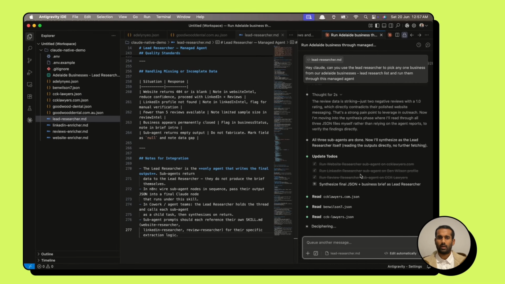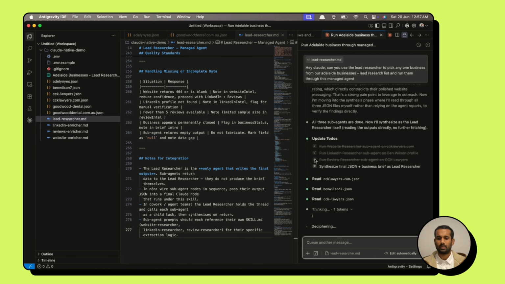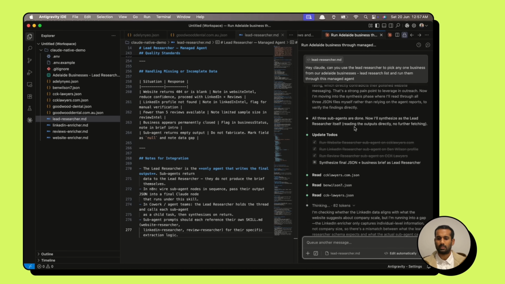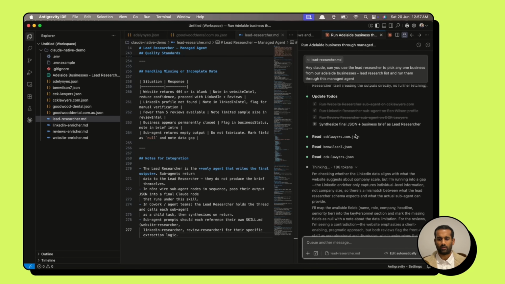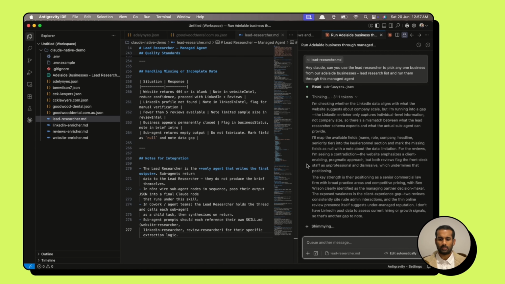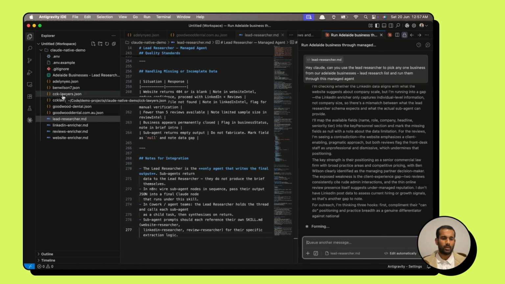Okay, so now you can see that Claude has finished. It says all three sub agents are done. Now it'll synthesize as the lead researcher itself, outputs directly and without doing any further fetching. So it's gone ahead and done that. I think it's still wrapping up. But if we check this